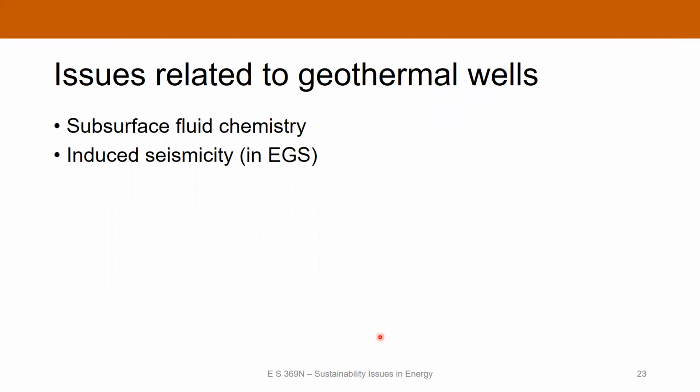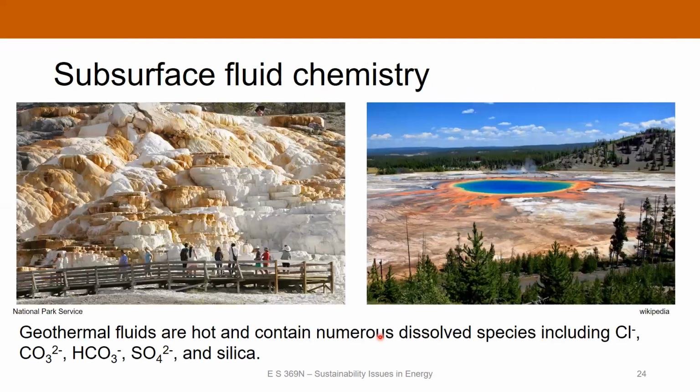Okay, there's a couple of issues related to geothermal wells that we do need to talk about. One is the fluid chemistry and the fluids that you produce, and the other one is induced seismicity, which is kind of a big one. So subsurface fluids contain a lot of dissolved chemicals. Geothermal fluids are particularly hot, and so they contain a lot of dissolved species. These include things like chlorides, carbonate, bicarbonate, sulfate, silica, that sort of thing. Here's an example of